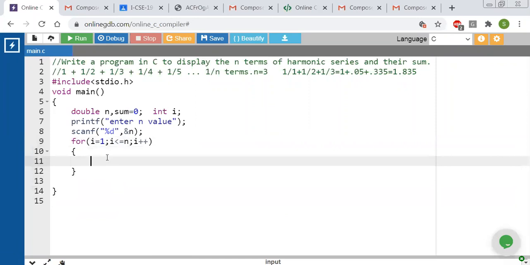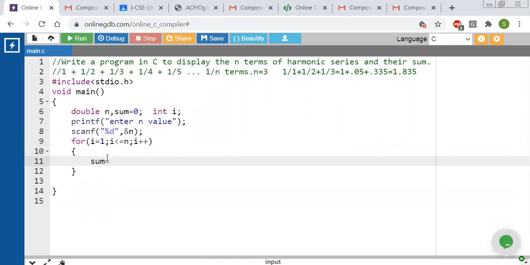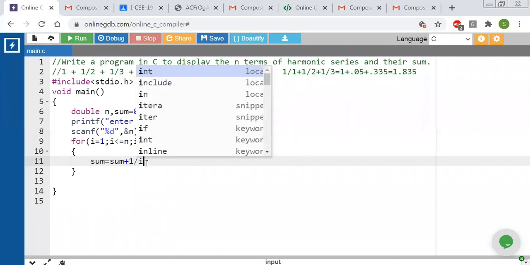Now we have to write sum is equal to sum plus, whatever the previous sum we are having, plus each time dividing one only. So what I am doing is 1 by i: if i is equal to 1 we divide with 1, if i is equal to 2 we divide with 2, if i is equal to 3 we divide with 3.